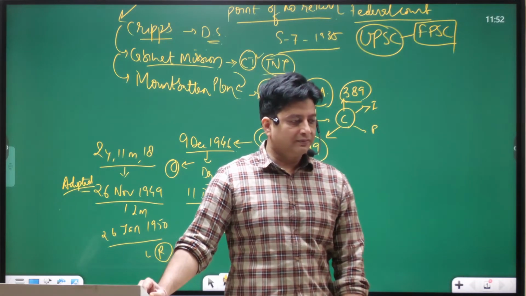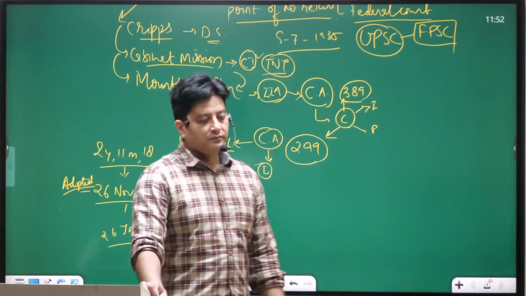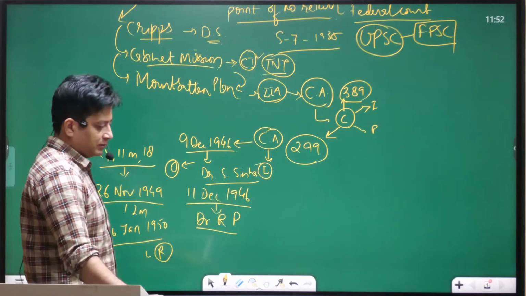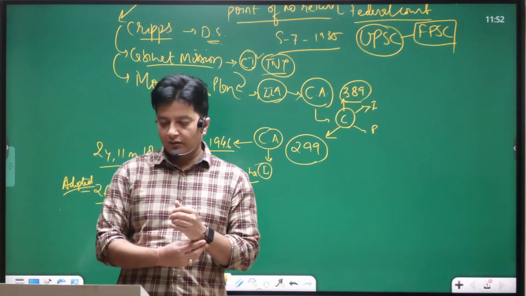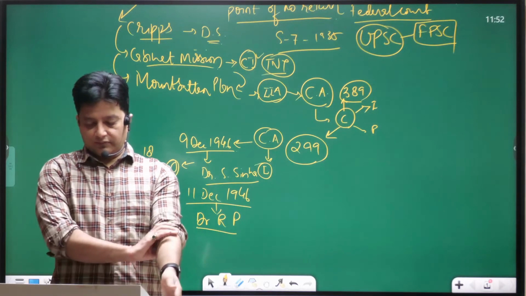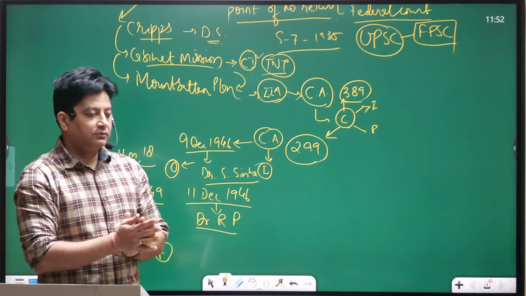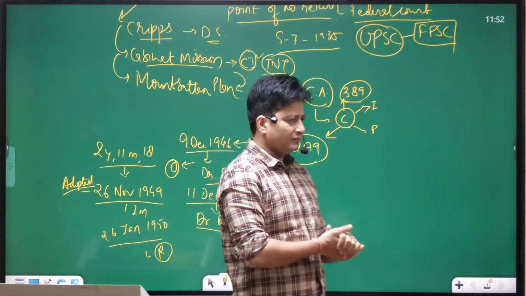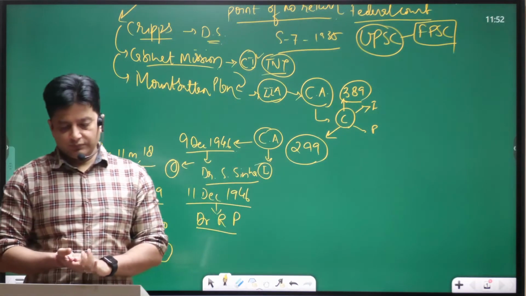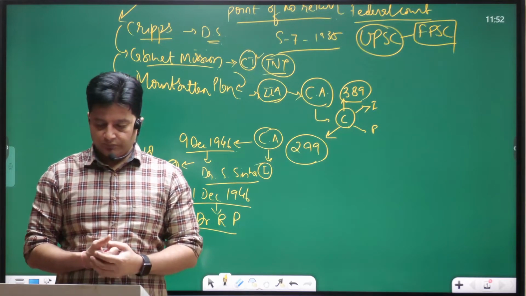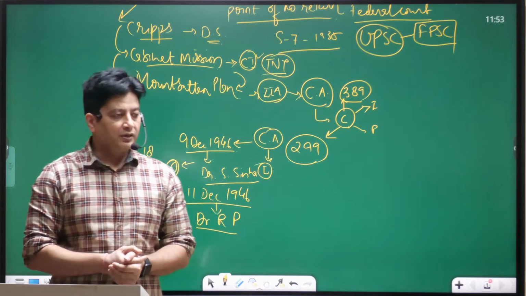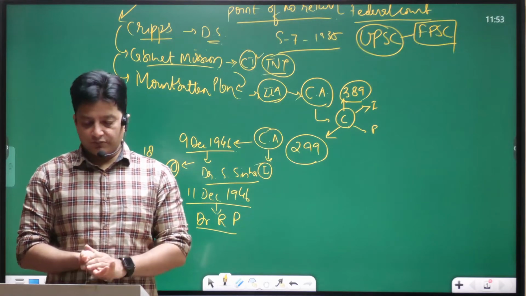If we look at the example of divide and rule, the Council Act of 1909, popularly known as Morley-Minto Reforms, was brought